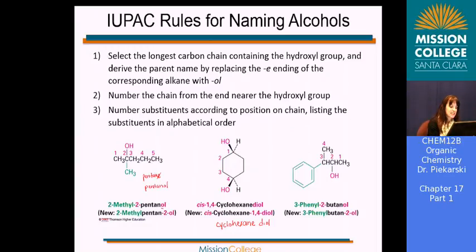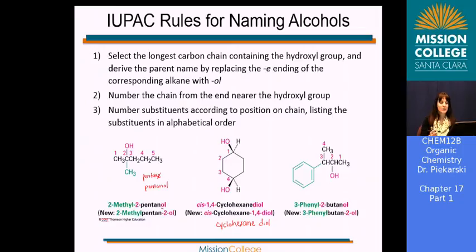So this is a cyclohexane diol. I prefer you write the numbers right in front of the suffix ending. So cis-cyclohexane-1,4-diol. All one word. Remember to use hyphens to separate letters and numbers, and to use commas to separate numbers. Okay? And then finally here, you'll notice, now this is why I want to show this one in particular, because